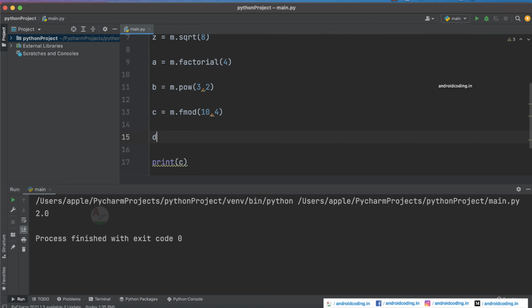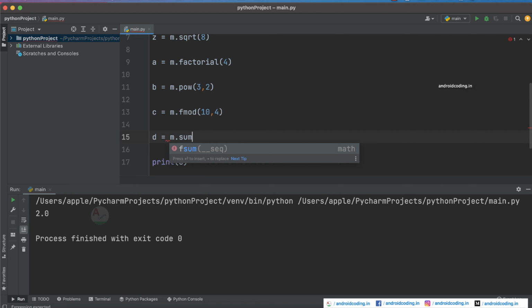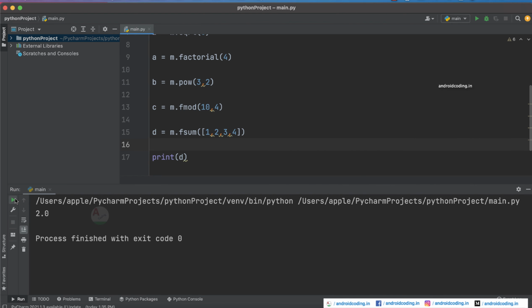And now let's try to see one more functionality like sum. Let's provide a sequence of numbers here, and see how I'm specifying a round bracket inside which I'm providing a square bracket. So 1 comma 2 comma 3 comma 4, and now let's print d, and here you got 4 plus 3 is 7, plus 2 is 9, plus 1 is 10, so totally we got 10 as an output.